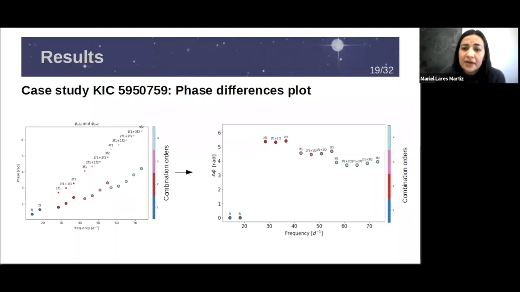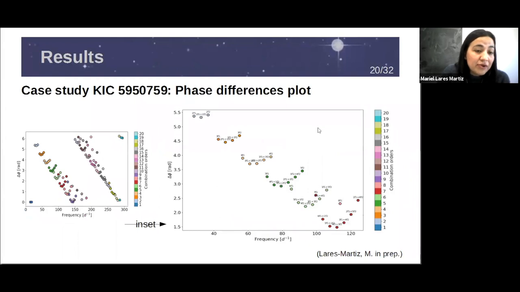So regarding the sums and the harmonics and the ultra precise data available, we show how we detect all these combination frequencies for this high amplitude Delta Scuti star, and an inset to this first phasor of the plot up to the 8th order of combination is here in this inset,